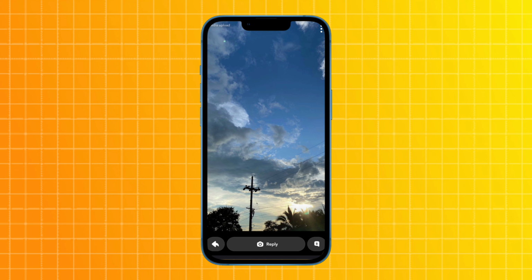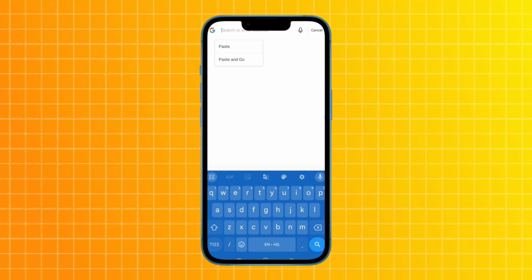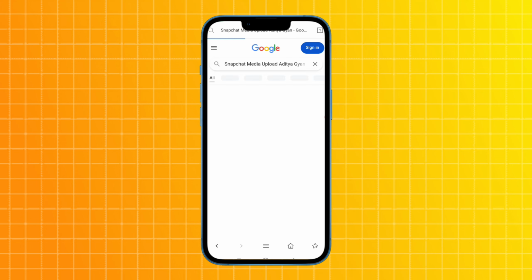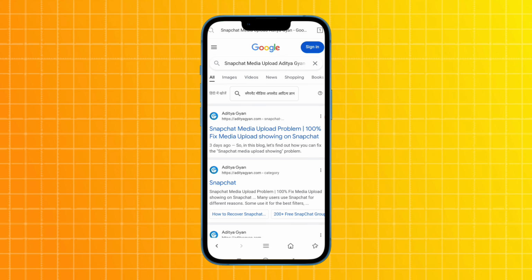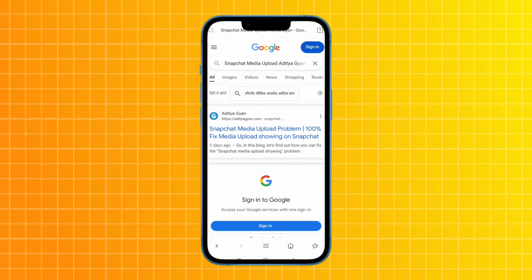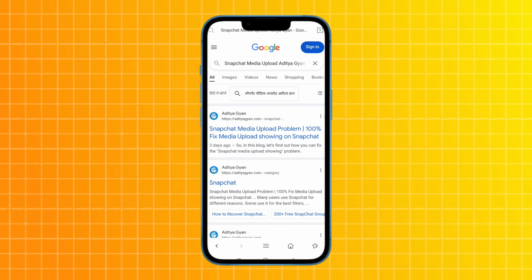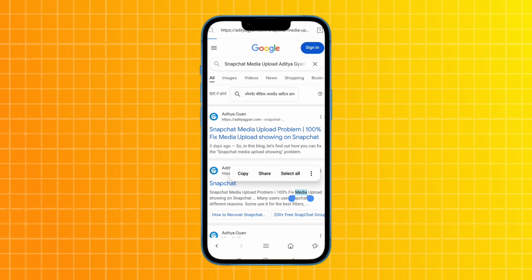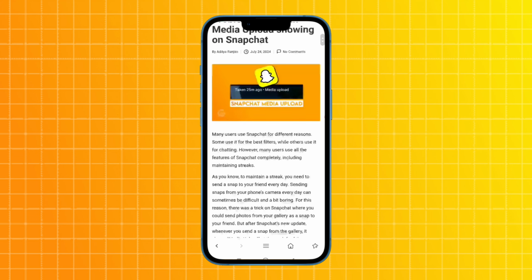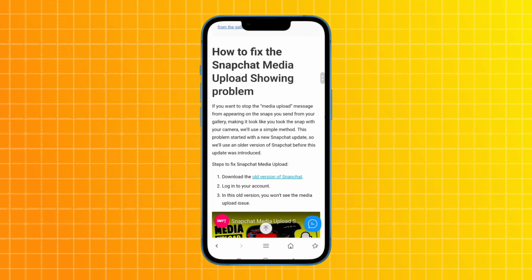So friends, for this, open your browser and simply search "Snapchat media upload Aditya Gyan". Like guys, I am searching the same thing. Simply tap on the search option, and friends, here tap on the first website: "Snapchat media upload problem 100% fixed, media upload showing on Snapchat". Tap on the first website, and friends, here scroll down your page and you will see an option